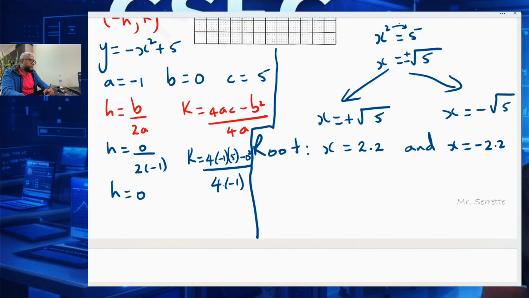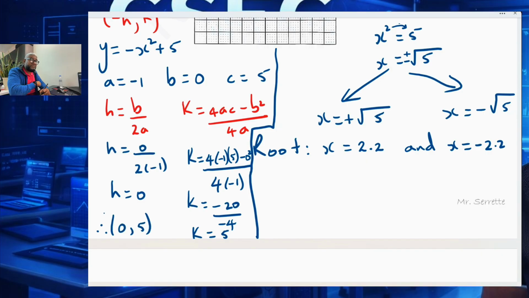What would my numerator be here? It would be negative 20 minus 0, which will be negative 20, divided by 4 by negative 1 will give me negative 4. Negative 4. So K would be equal to positive 5. So therefore, negative h comma k, well, it has no negative 0, so that would be 0 comma 5 would be my